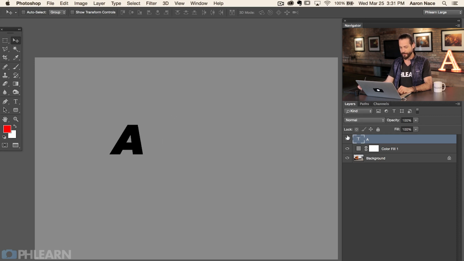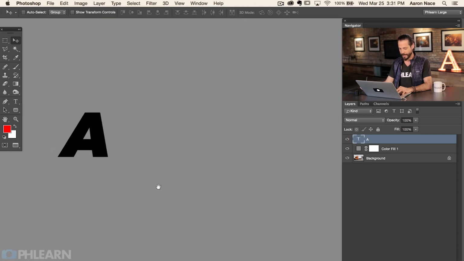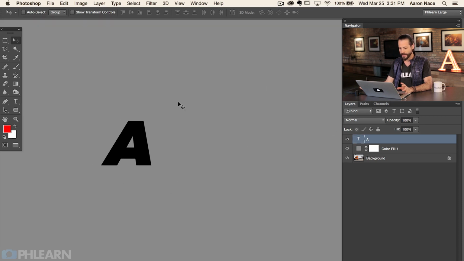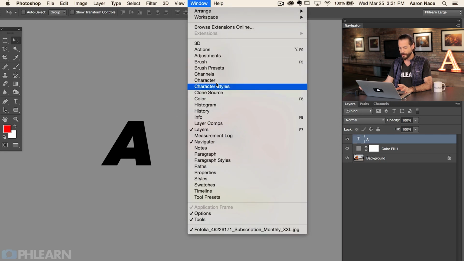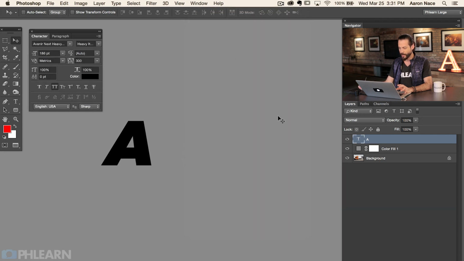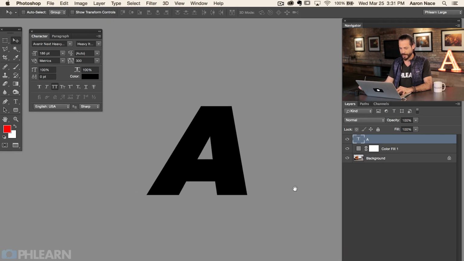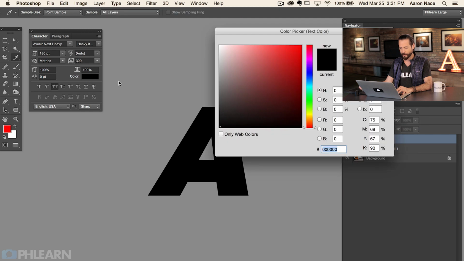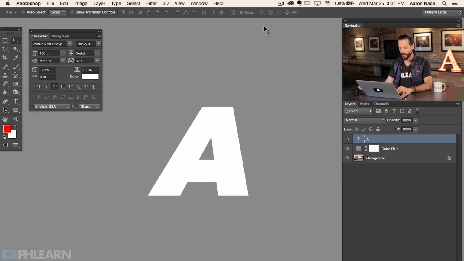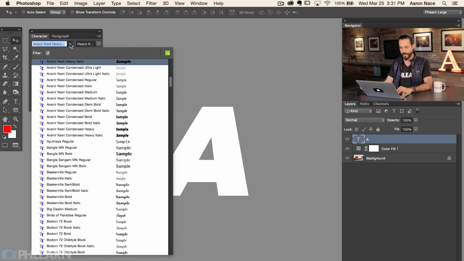We can just start with this one, and we can duplicate it as we need to. You know what? I need to see what I'm actually doing here with my text. So I'm going to go to Window, and then down here to Character. Here I can choose all these different dynamics about my A. Let's just zoom in so we can see. First, I'm going to change the color from black to white. That looks good. Now the font that I'm using is Avenir Next Heavy Italic,